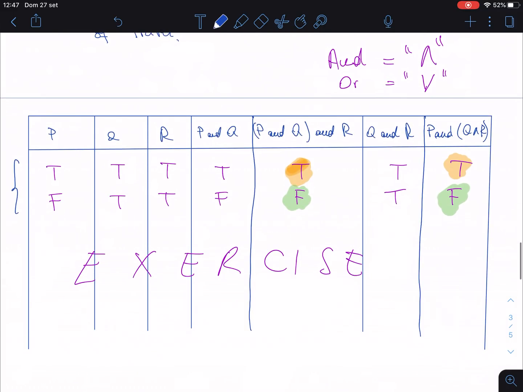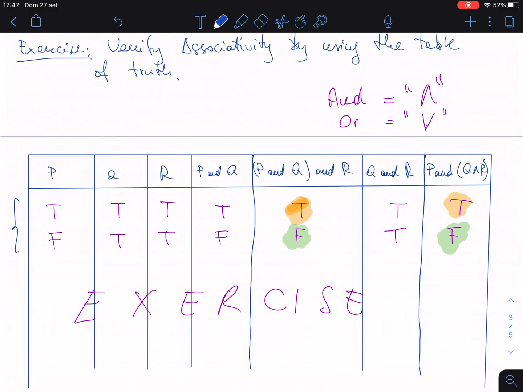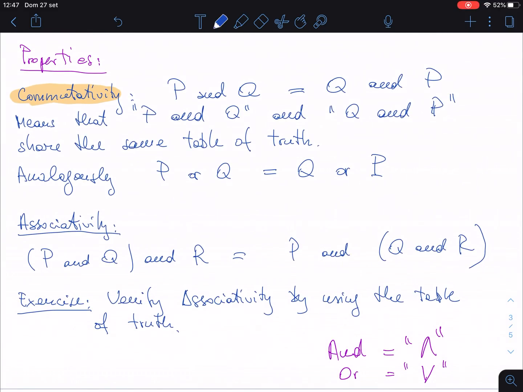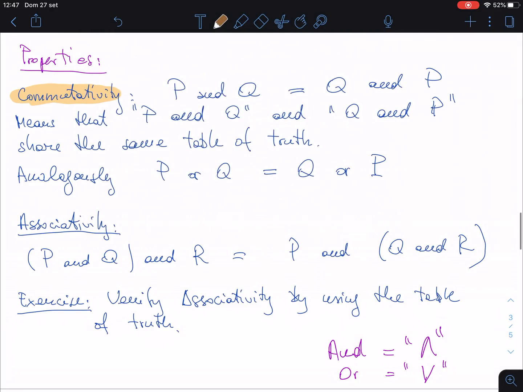And this is basically the exercise on how to verify that two propositions are the same and how to verify properties. So let me go back here and tell you that associativity not only holds for and, but it holds for the connective or too. And associativity is not the only property which is very important. Another property which is very important is